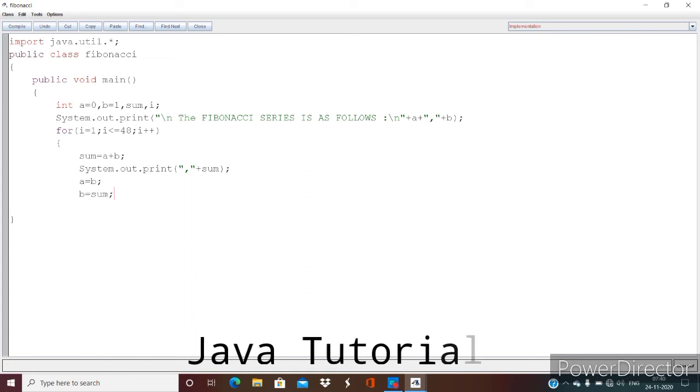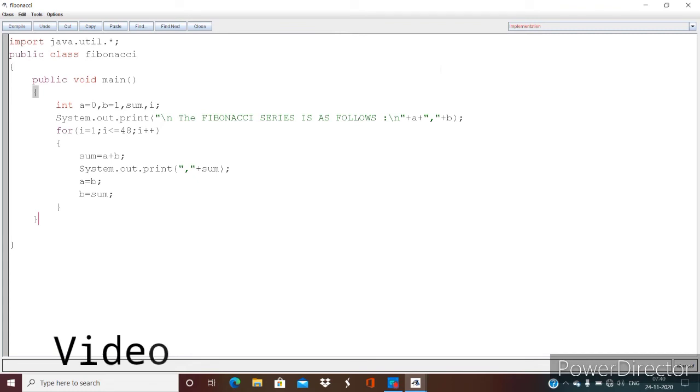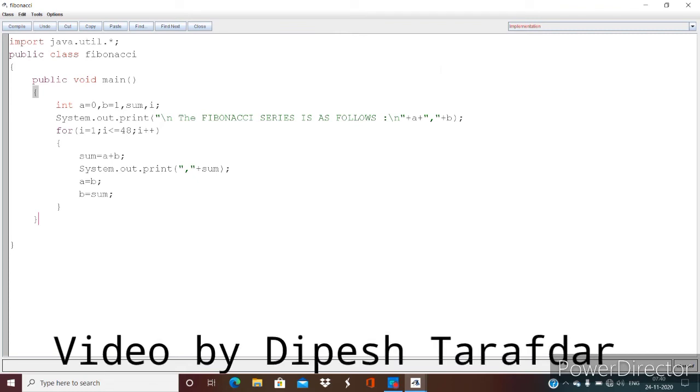So like this, every time there will be a change in the value of A and we'll get a new sum which will be displayed on the screen. I'll close the loop. I'll close the main. So that's it. Now this small program displays the first 50 terms of the Fibonacci series.